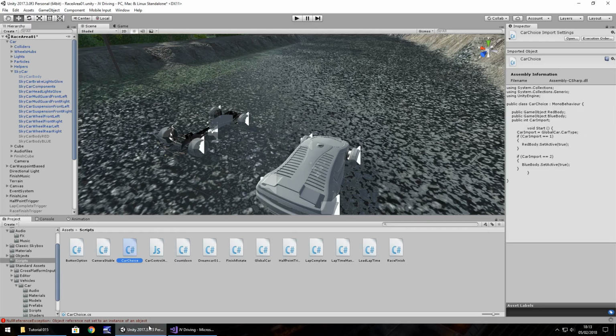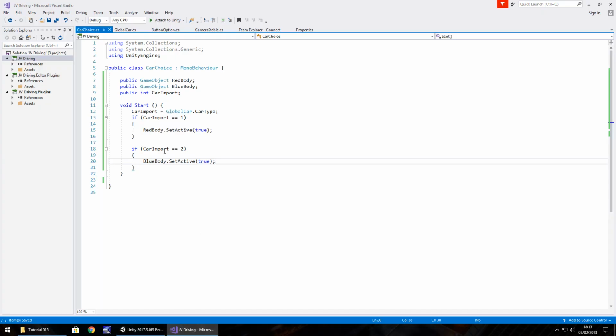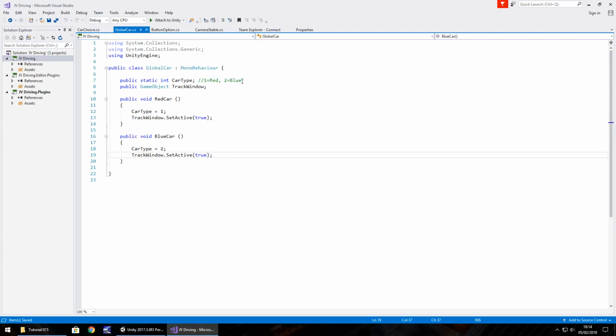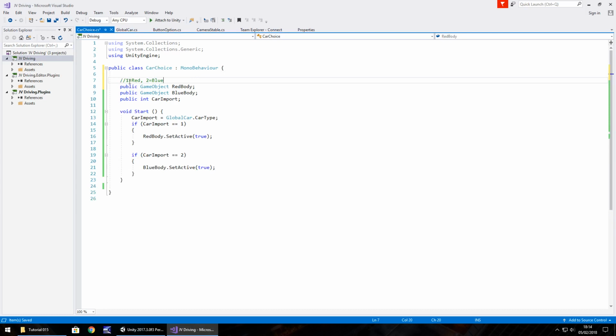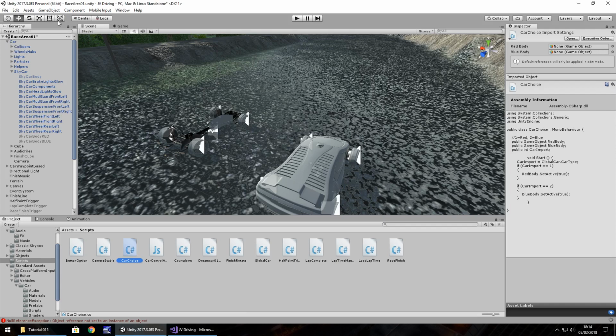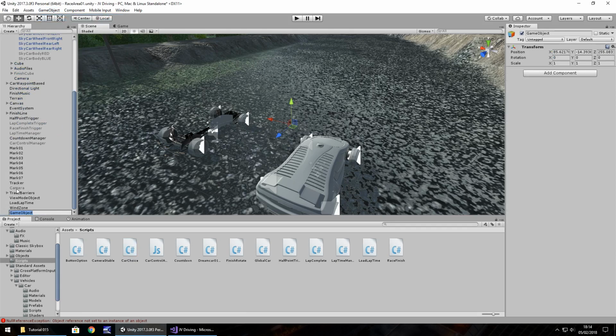So obviously if you have a green body, a yellow one, purple, then you would define more variables as you go along. So if carImport equals 3, yellowBody.SetActive. So I'm also going to copy this over here, just so we know everything that we need. So we're just going to put a little note there to say 1 is red, 2 is blue, resave the script, and let's head back into Unity, GameObject, Create Empty, F2, and let's just call this carChoiceObj,